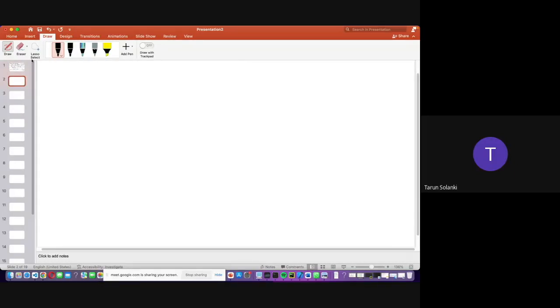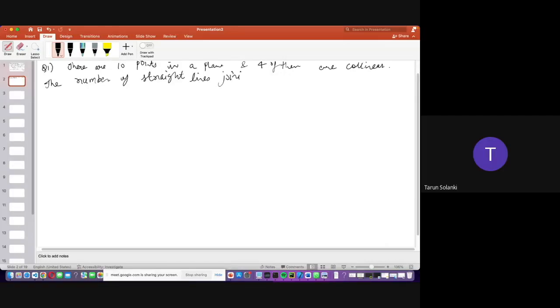Let's look at one problem. There are 10 points in a plane, and 4 of them are collinear. Then the number of straight lines joining any two of them is? Okay, so solving,